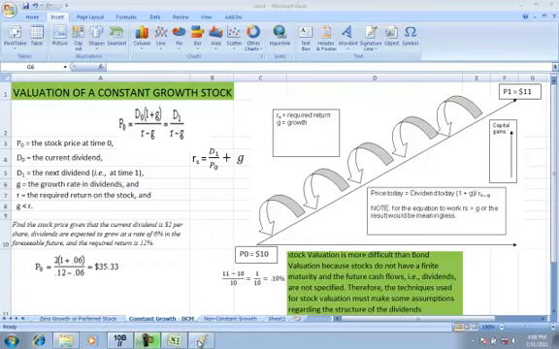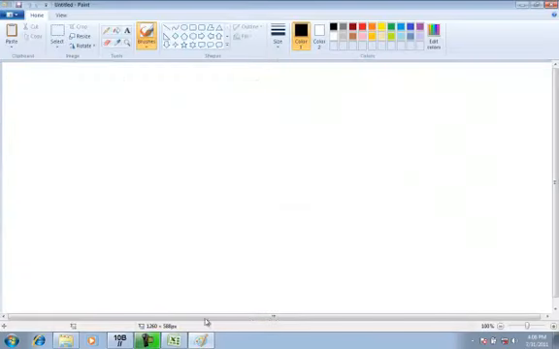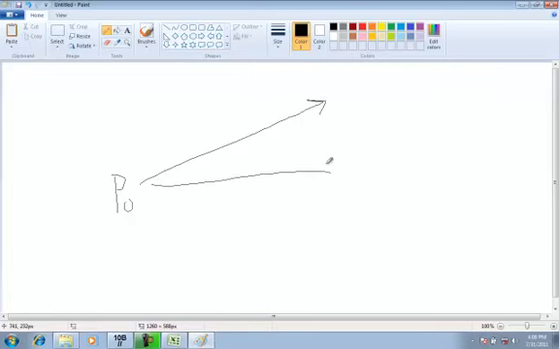Now, in class, I start with a simple lecture discussing a perfect asset. I'm going to apologize for trying to draw with a mouse. It's not that easy. But I start with P0, that'd be the price today, and I tell them that an asset has the potential of going up. It could stay the same, or it could decline in value, and we'll call each one of these points here